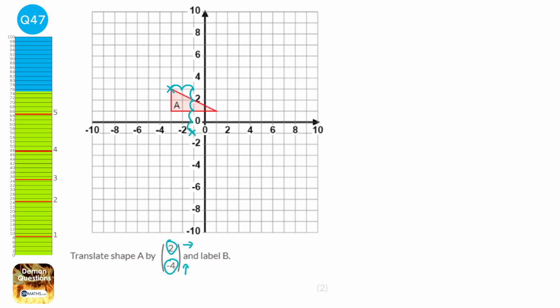So our new coordinate for the top will be here. And the next thing we need to do is draw in the shape. So that's the top left part of the shape. And so I'm going to draw in the shape, and it's 4 across, so it should go here, and draw in the shape in there. Make sure that you know that that coordinate is the top left part of our shape,